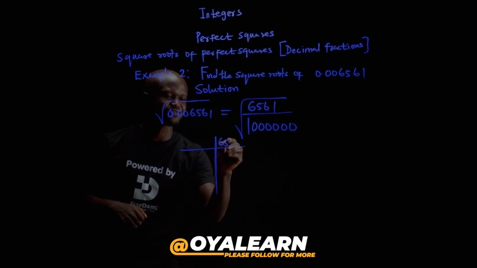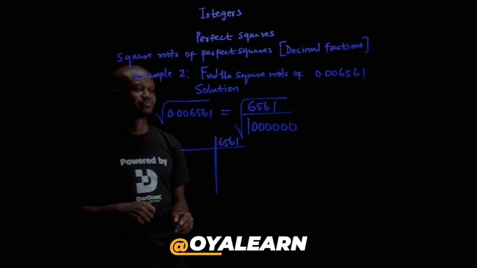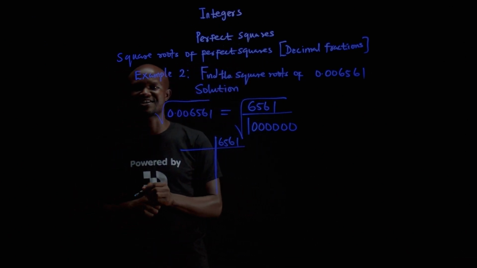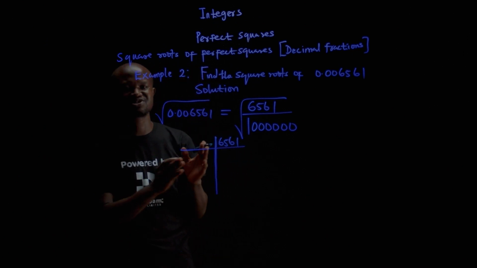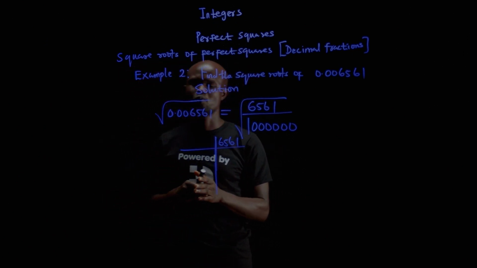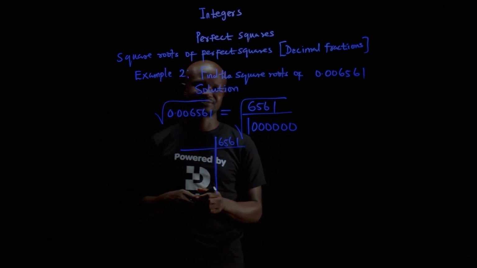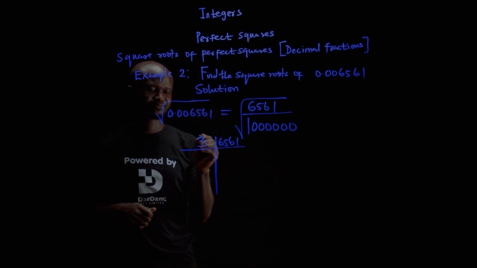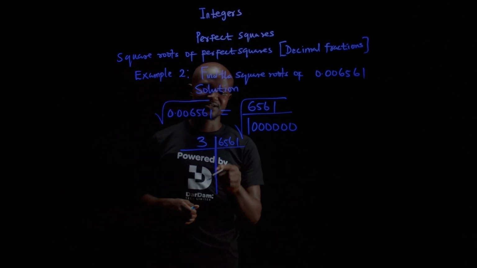For 6561, what number will divide 6561 such that the result will give us a whole number without any remainder? Apart from 1, we can use 3. Using 3,